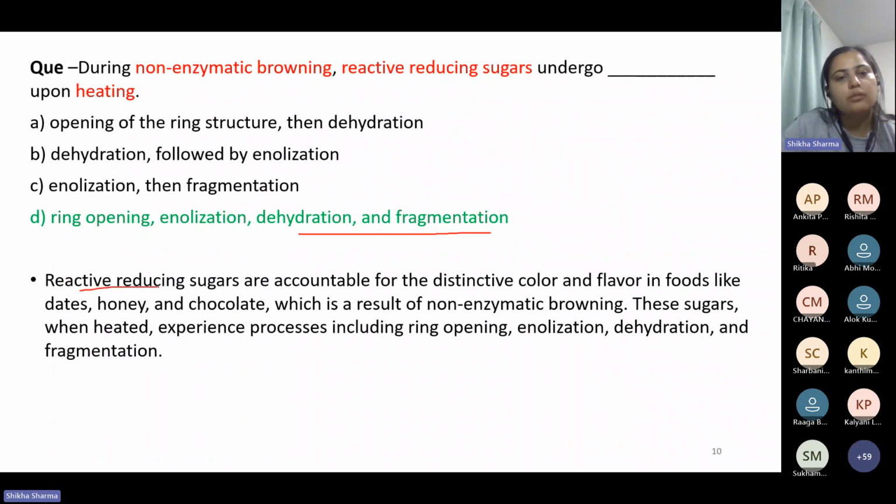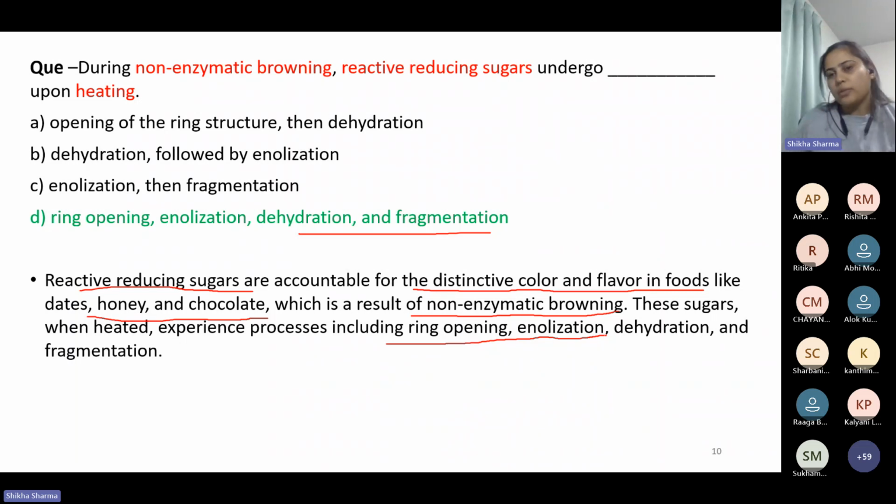What happens? The reactive reducing sugars are basically responsible for the distinct color and flavor in foods like dates, honey, chocolate, etc. This distinct color and flavor come because of non-enzymatic browning. When these sugars are heated, the ring opens, and then enolization happens. What happens in enolization? The carbonyl compounds, basically